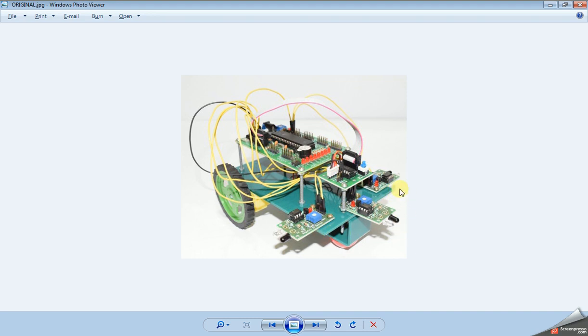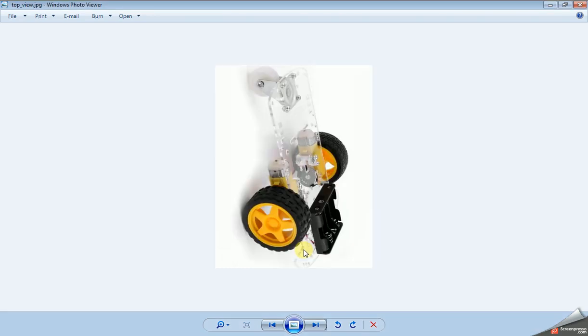First I will write the logic for whenever there is an obstacle at the left side, at this sensor, then the robot has to move to the right side.